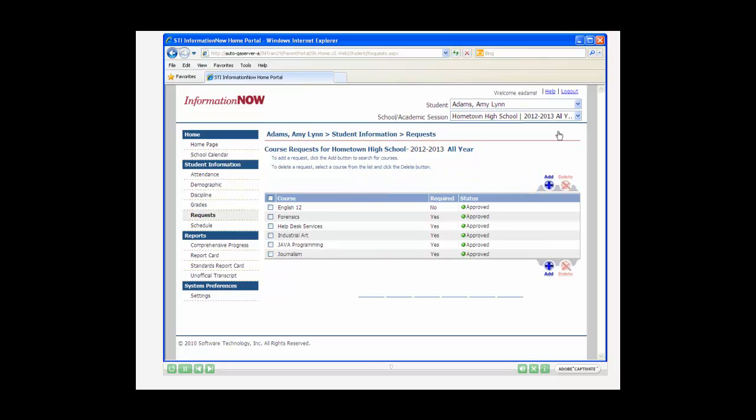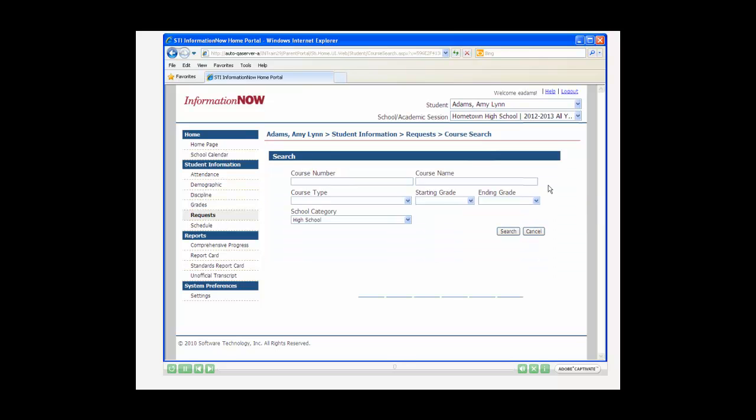This is a list of all the classes that have been requested for next year. To request one or more classes, click the Add button. This is a search screen. If you know the specific class that you want to request for your child, you can enter the number or name, or you can select a course type, starting grade level, ending grade level, or category. You can enter any criteria and click Search, or you can just click Search to view a list of all